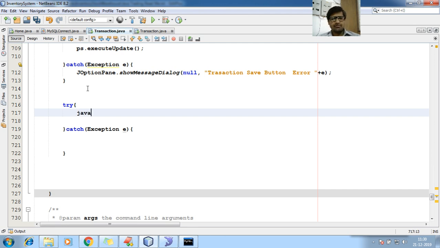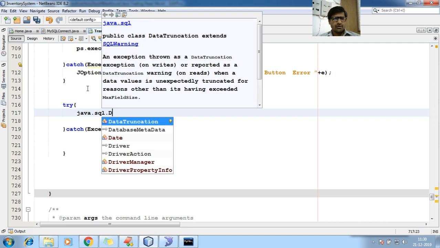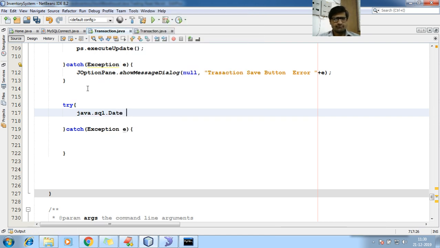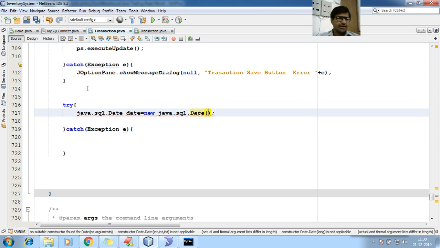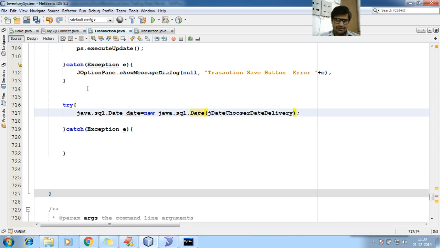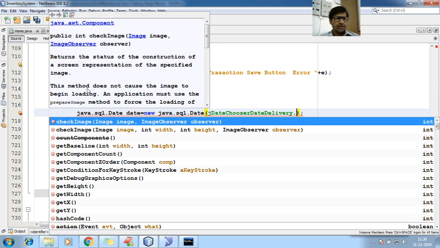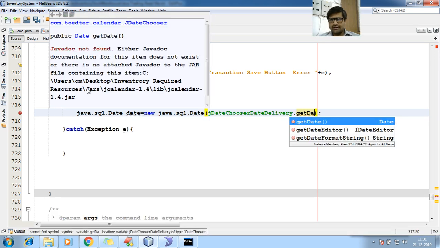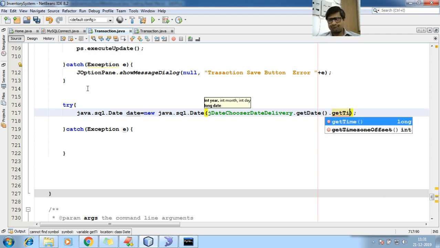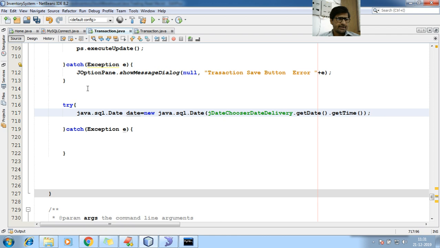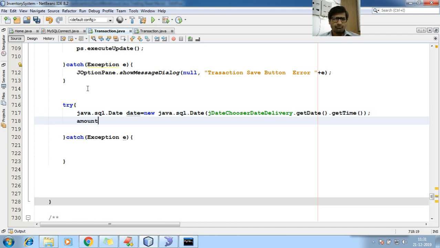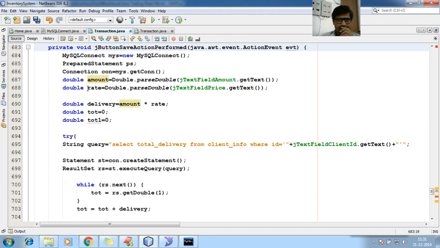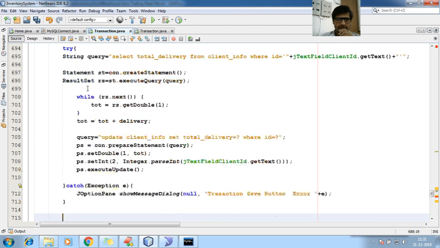So let me get the text field, java.sql dot date. So this is the date, new java.sql dot Date. So here I need jDateChooser, that is date delivery. Let me get the date, getDate dot getTime. Okay guys, getDate, getTime. Amount. So where is the amount? So amount is here, rate is here. Get that amount